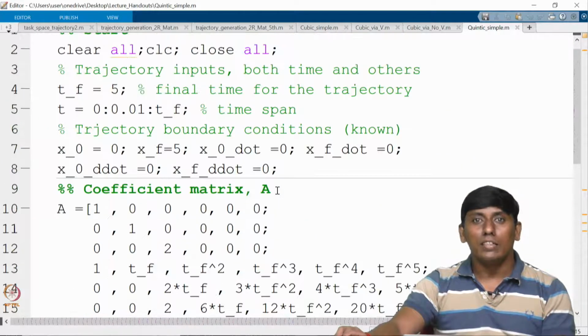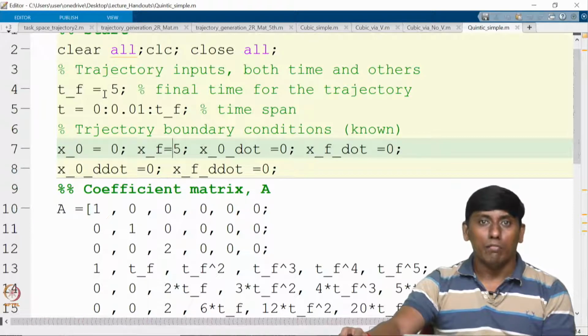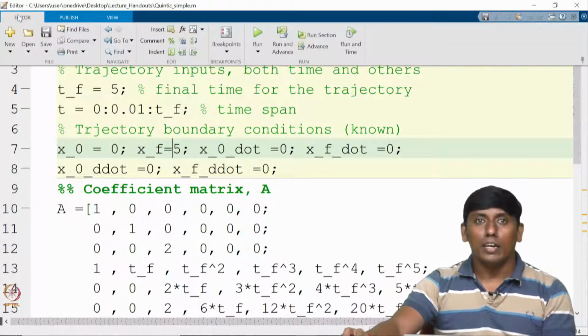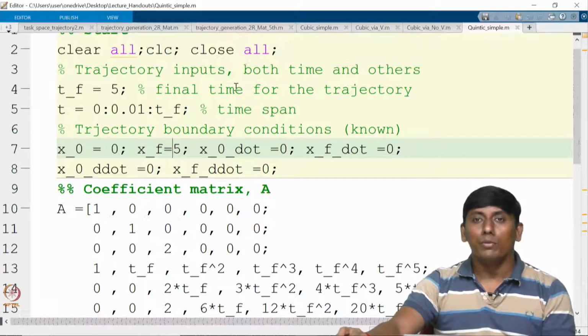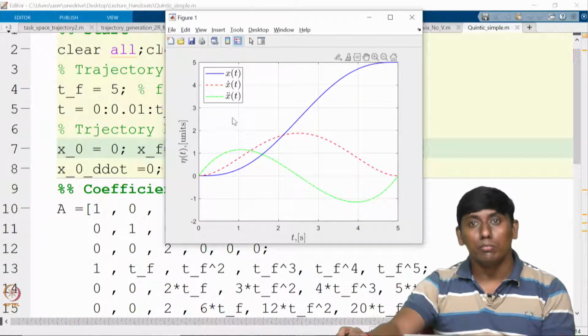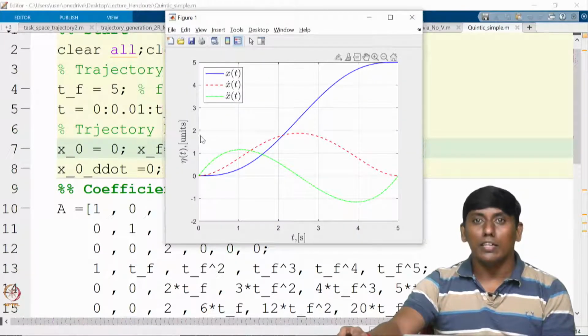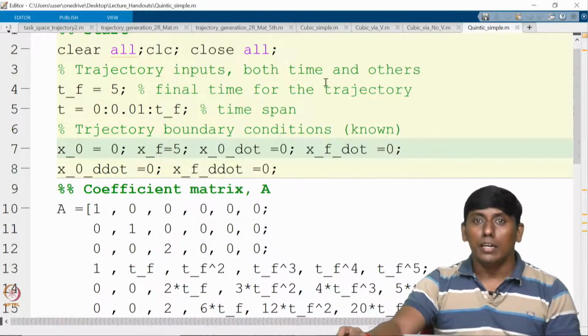Now we will take the same case, where it starts from 0 and ends at 5 with 5 seconds. We can see how it goes. It is much smoother. You can see the acceleration in the earlier case was non-zero initially and finally, but in this case I have given 0 and 0 initial and final accelerations. So you can see it is a very smooth curve. Even if you want to make it much more interesting.